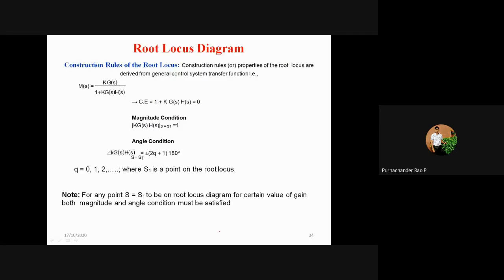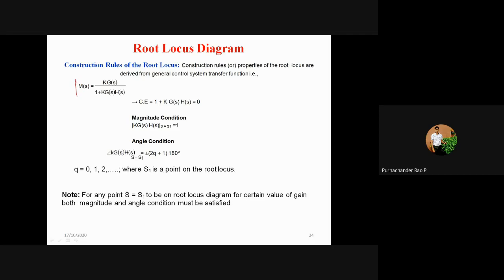Then we will see the construction rules for the root locus. So these are very, very important. ఓకే, so the constructional rules,